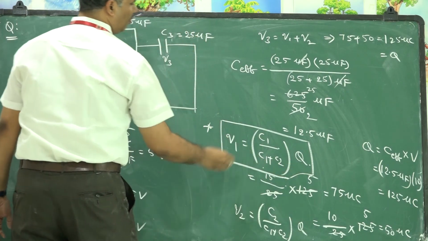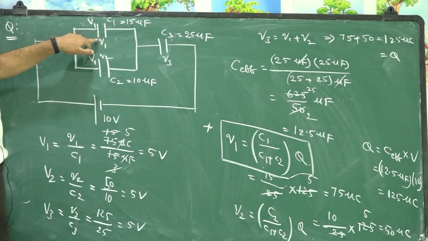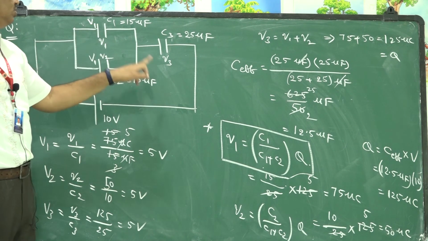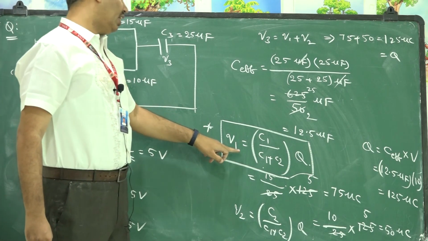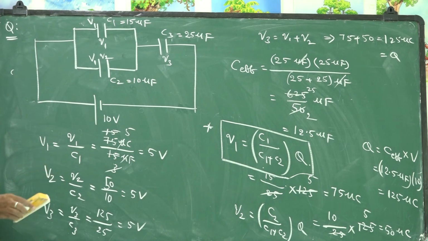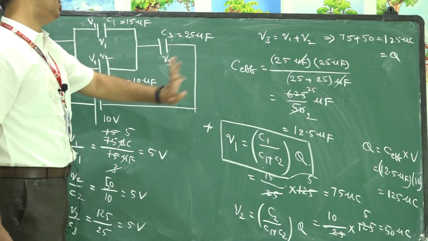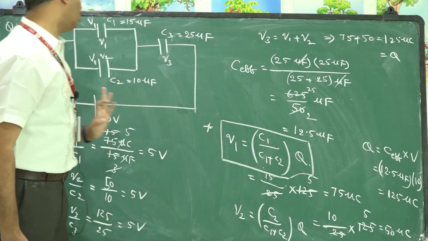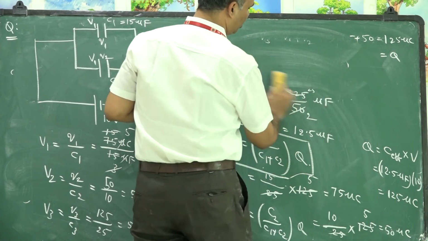I will show you how you get this formula. It is very simple. Whenever you want the charge on the first capacitor, it is its capacity by total capacity into total charge. That is the formula. This formula we can derive separately. How to derive this formula? First of all, you see the charge division in this problem. The only thing I would like to explain here is how this formula has come. For deriving this formula, I am following this procedure here.